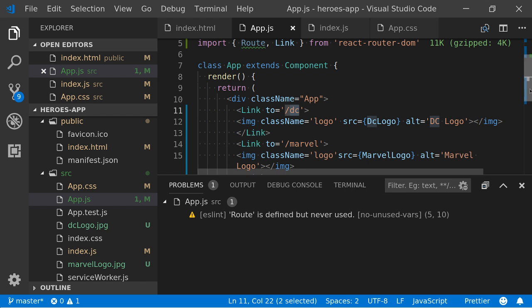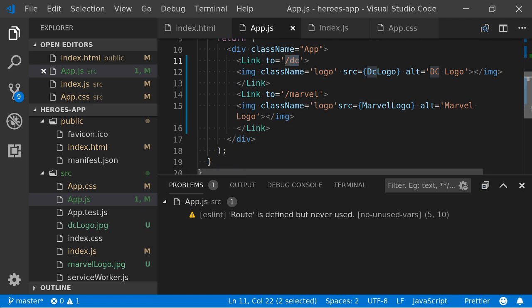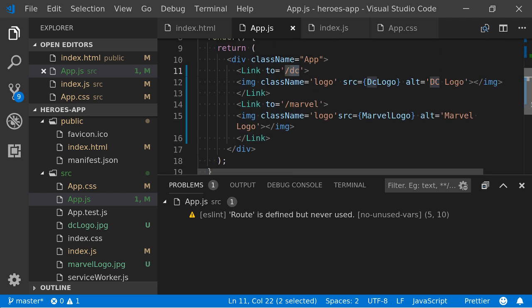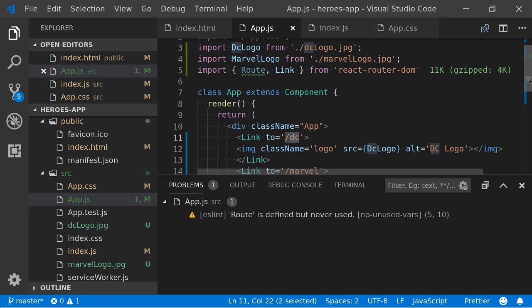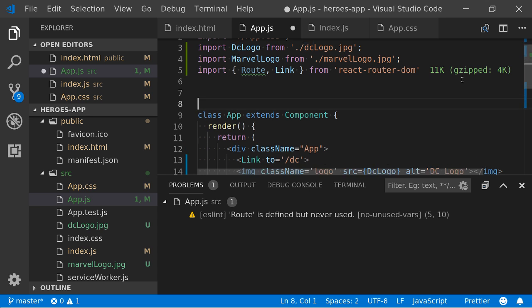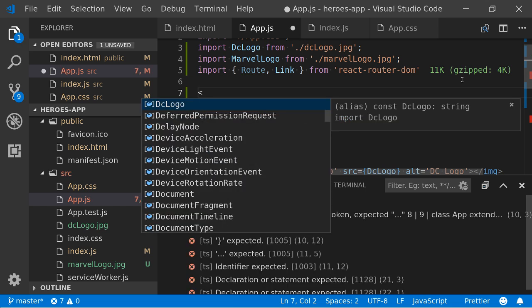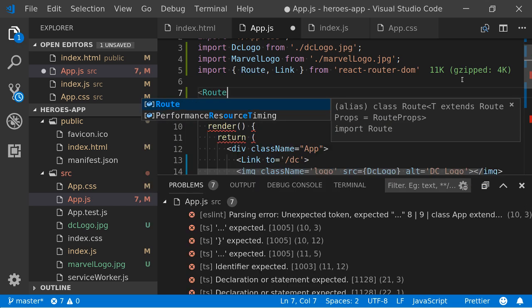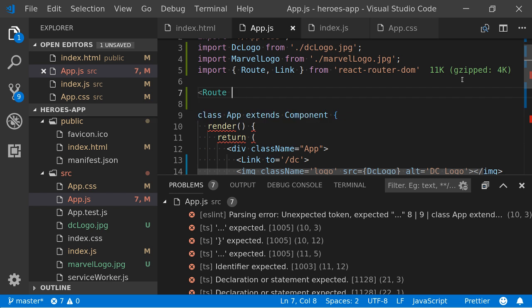So I put it in the wrong place. Sorry, I didn't mean to put it in the link. I meant to put it in the route. So again, we can create a new route just by doing the tag.